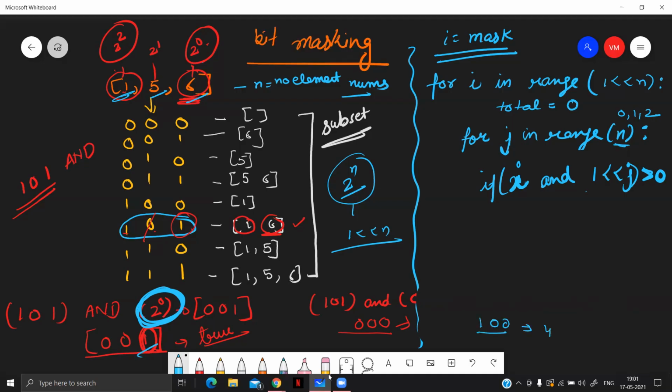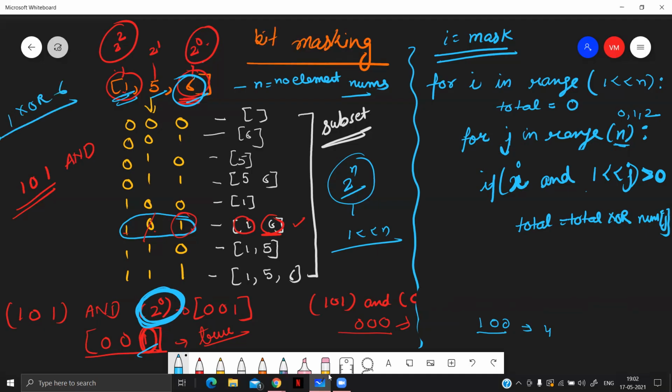If it is greater than 0, then what will we do? We will do its XOR. Total equals total XOR nums at that index j. If we are at 6, we have to do the XOR of total with 6, and the result will be stored in total. And after that, when we come to 1, total XOR 1, that basically means 1 XOR 6, which we are supposed to do.